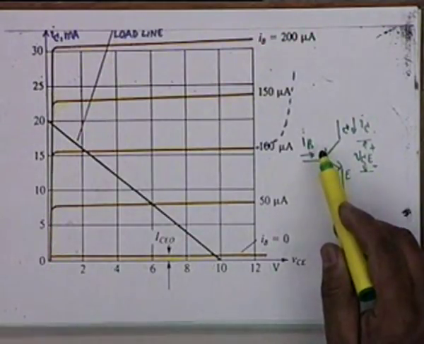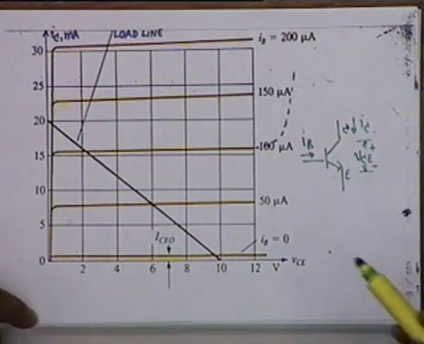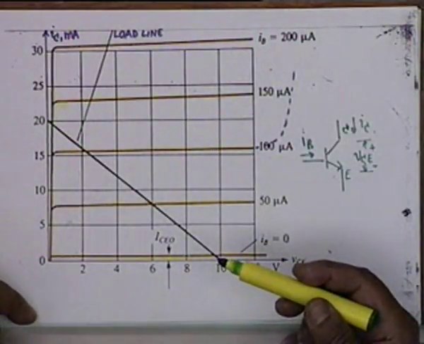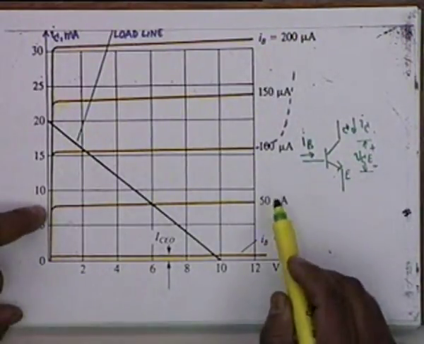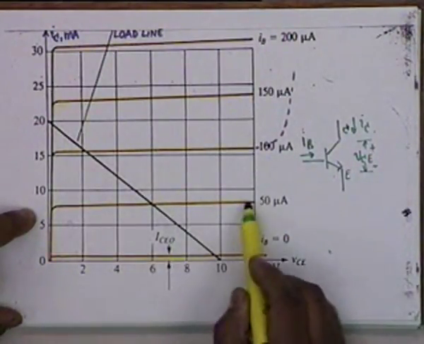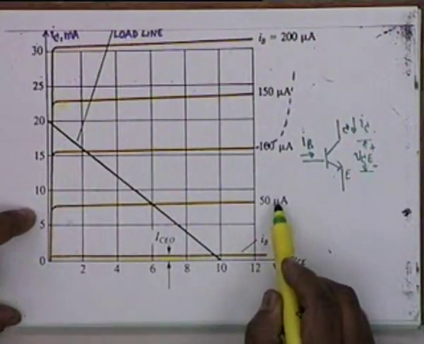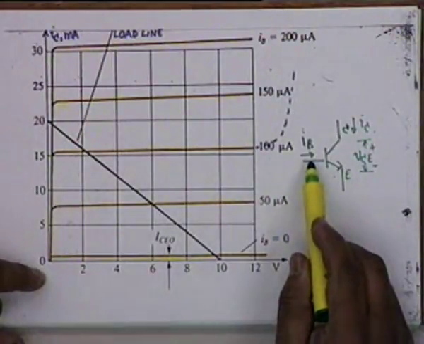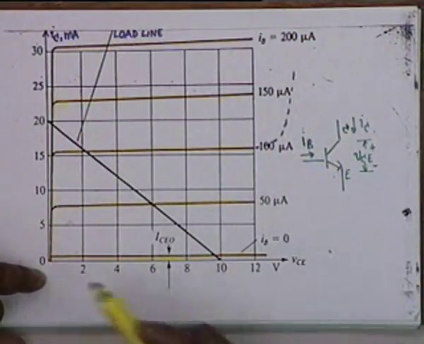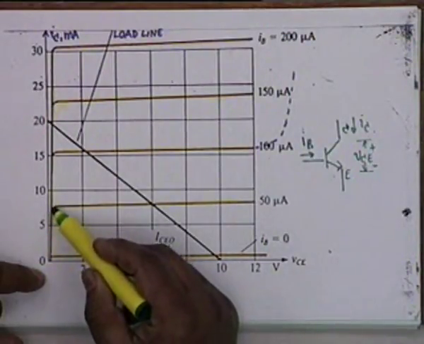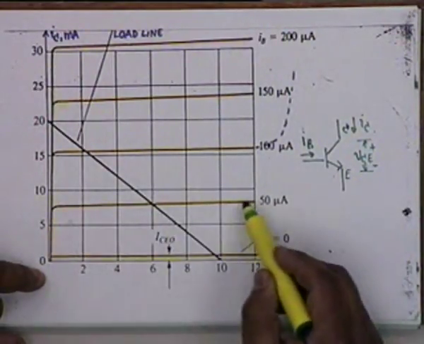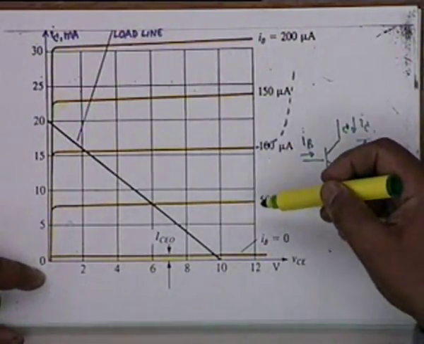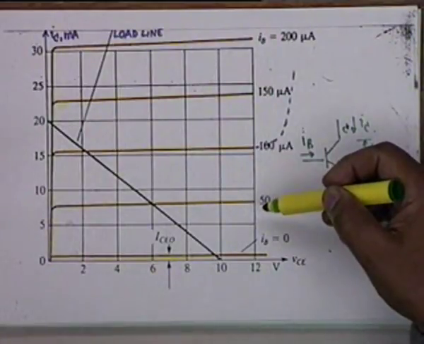It is controlled by the base current, and as you can see, as I increase I sub B, the collector current increases. For example, take one typical example, let us say this curve for 50 microampere. 50 microampere is the base current, and with this current a constant, if I vary VCE, then the current gradually rises like this and then becomes almost flat. It becomes almost flat, and this happens at every value of I sub B.